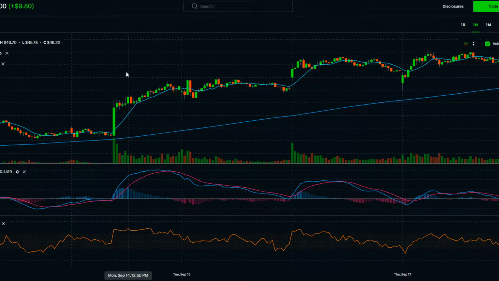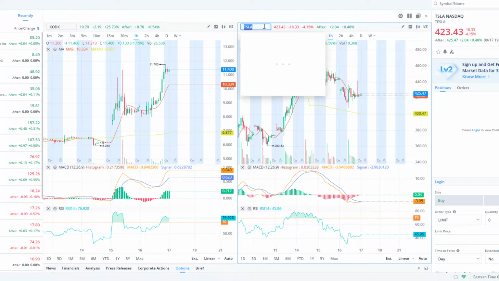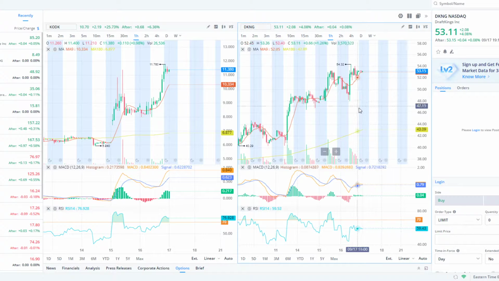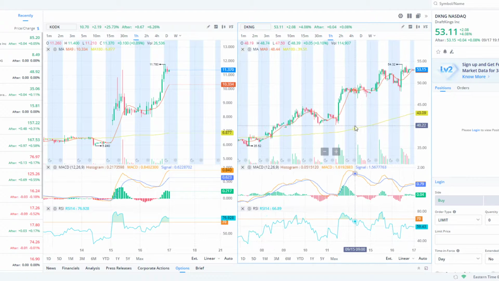So here on DraftKings, there were lots of different spots you could set up to say, okay, I want to go long on this because I think it's going to keep climbing. I'm gonna go to Webull though to look at it because I don't like how that looks on Robinhood's chart at all. If you guys only use Robinhood, sorry for you. Okay, so here on DraftKings,